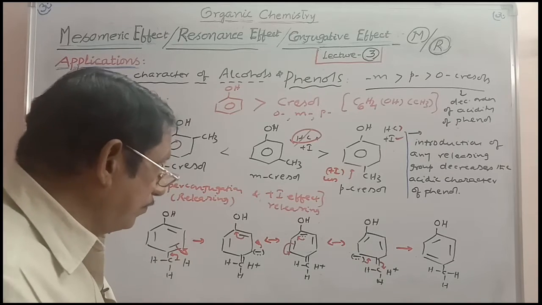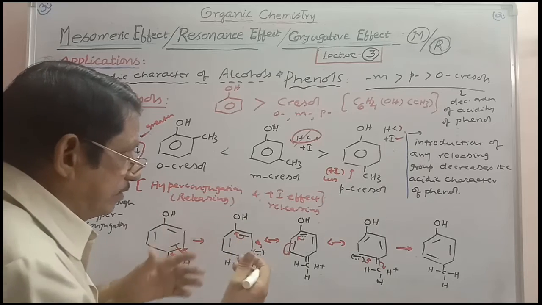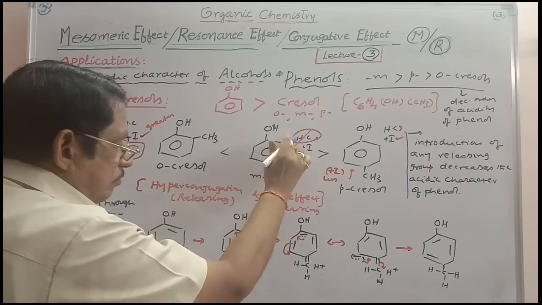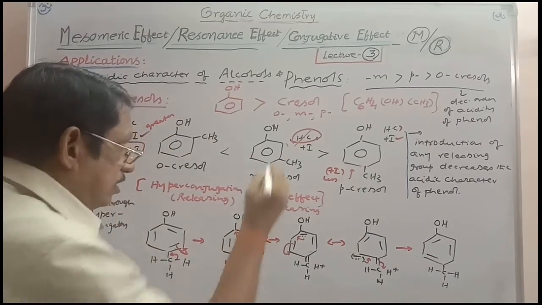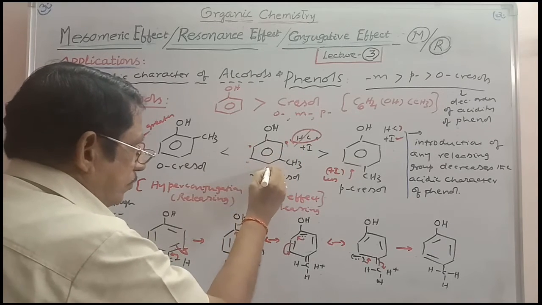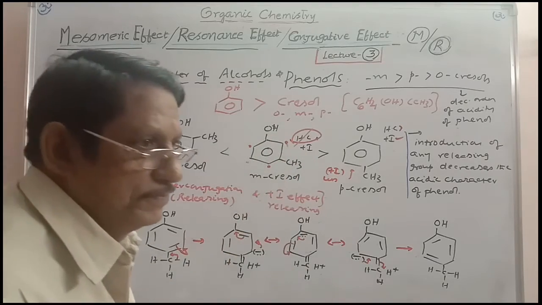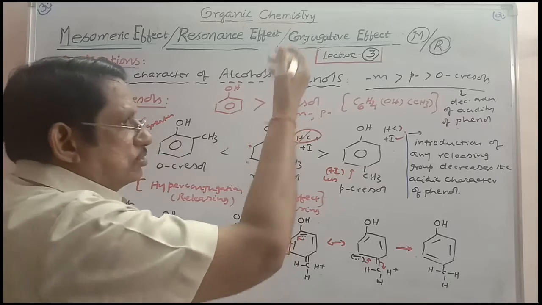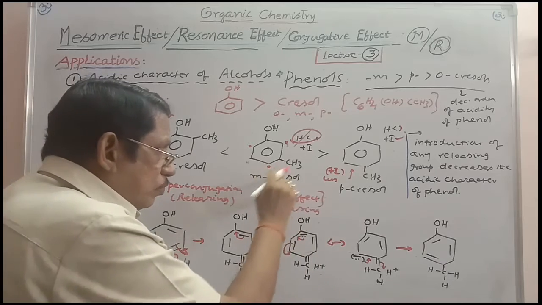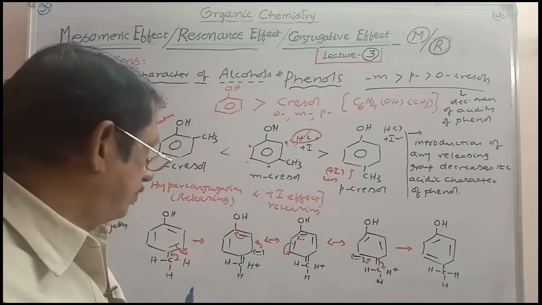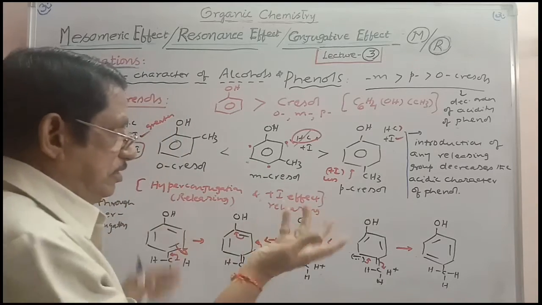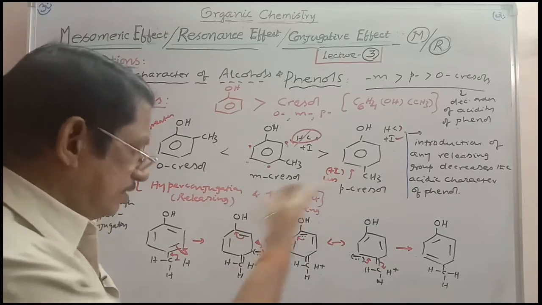And in the case of meta, if you take the development of positive charge, negative charge in this, ortho, para, ortho, these three positions will be suited for the development of the negative charge. There is ortho, para, and ortho. At these three positions, the negative charge will be obtained. And there is no negative charge at the carbon to which the OH group is attached. And so, hyperconjugation through meta position is not operative. Hyperconjugation need not be considered in the meta position. Only effect is I. Basing on that, we explained.